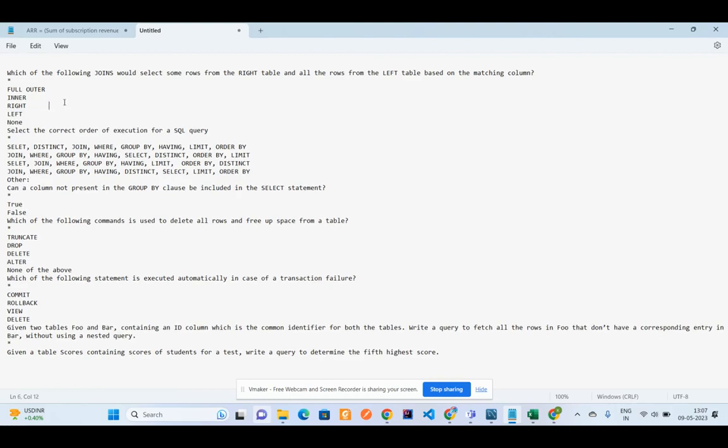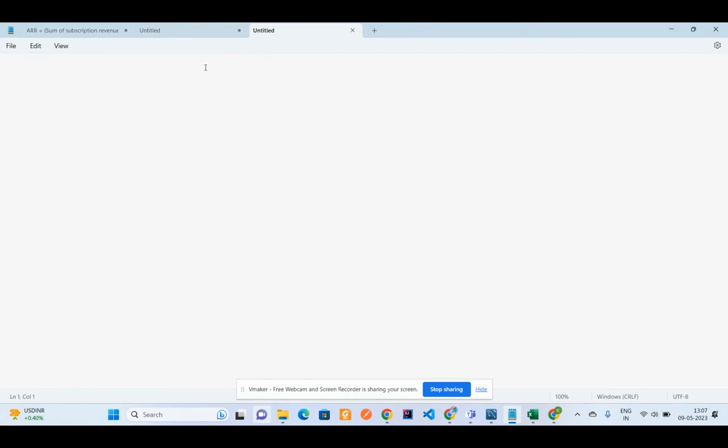Okay, I will showcase you on the other sheet. For example, there is a table A and a table B, and we are assuming this A and B as ID. Suppose in the table A, there are IDs 1, 2, 3, 4, 5. And in the table B, there are IDs like 1, 2, 3.